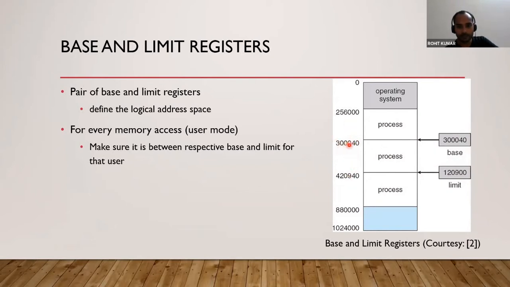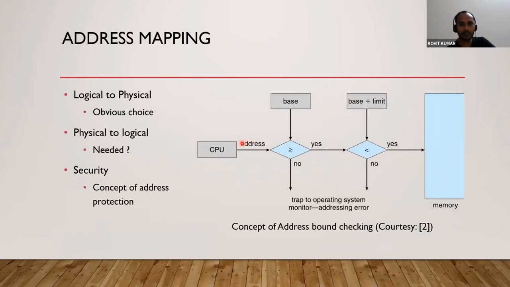See, if it is the base value and it is the end value, then if we are trying to access, for example, the processor is searching for a particular memory location, it will search from here. If sequential memory execution is in the picture, then it will start from 0. It will come across this, then this, then it will find the base value. Now it will see that address space, that it is the base and it is the end. So now here you see that if the address generated by the CPU is greater than the base value, meaning you are going beyond the base, but you should not go beyond the base plus limit.